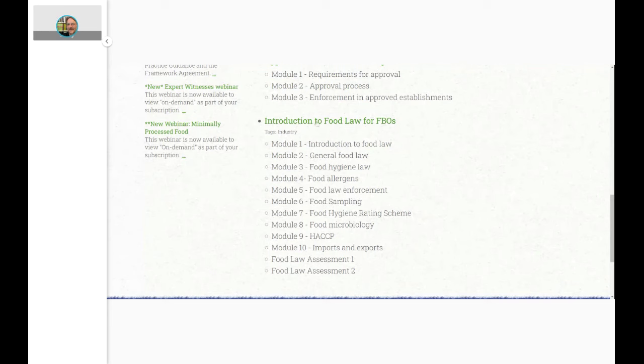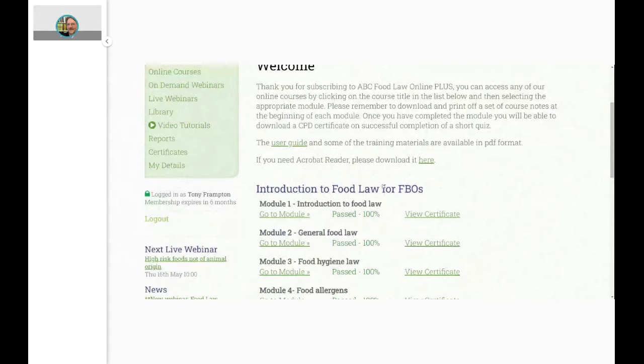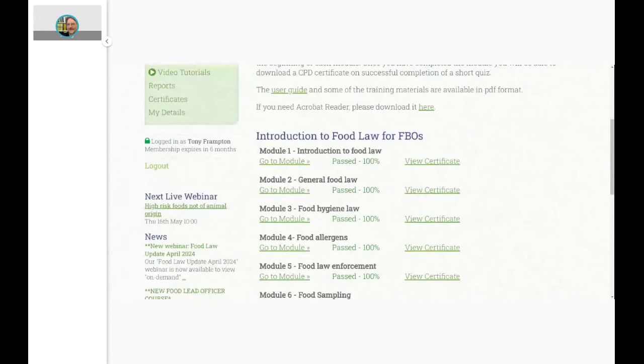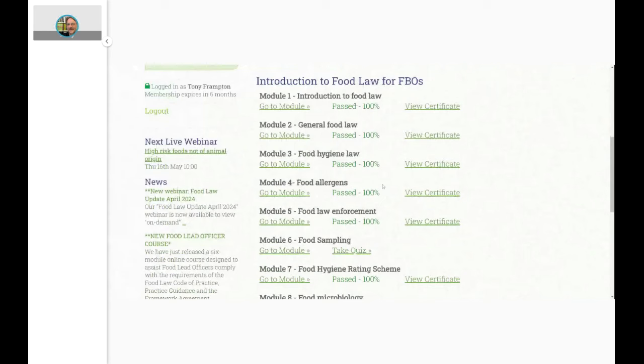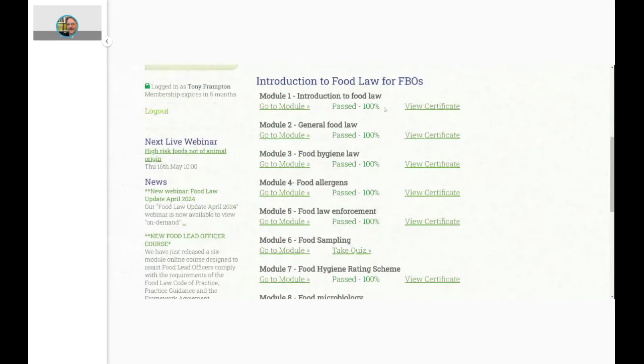So let's click on Introduction to Food Law. You can see the 10 modules and the names of those modules, but when you click on the title, you'll be taken to the course itself and you'll see the modules listed. Now you can see that our fictitious business user, Tony Frampton, has already completed a number of these modules. You can see he's passed them and certificates are available. You can complete these modules in whichever order you want. You don't have to go in order, but I'm just going to click on the first module, Module 1, Introduction